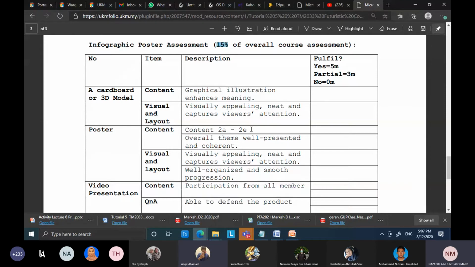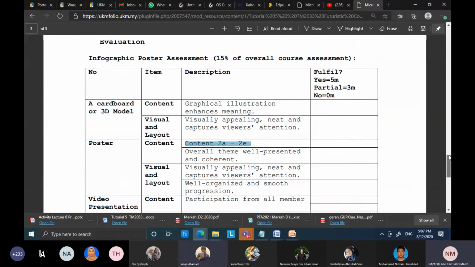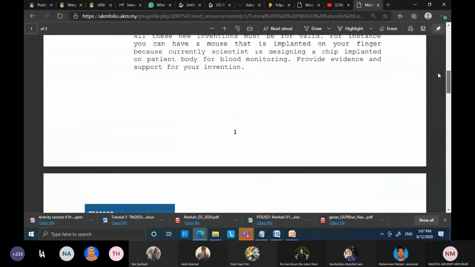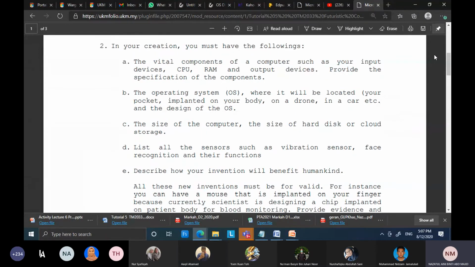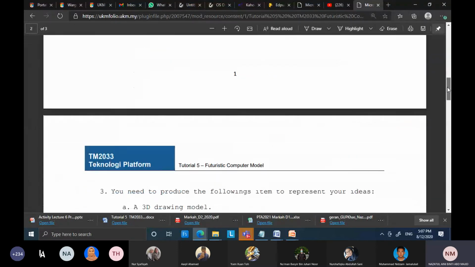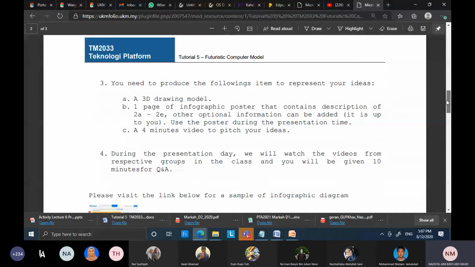The poster has this content, right? You make a poster that has this content. All of this content you put in the poster, and then you present the poster. And also during that time you need to present your 3D drawing. Okay, so that will be in your video. So I will show